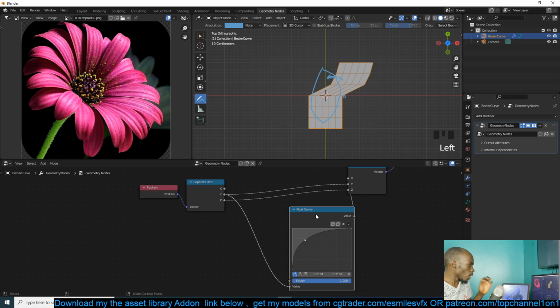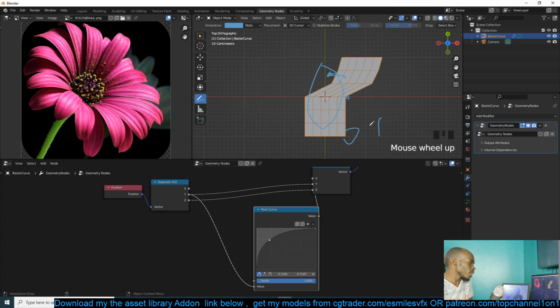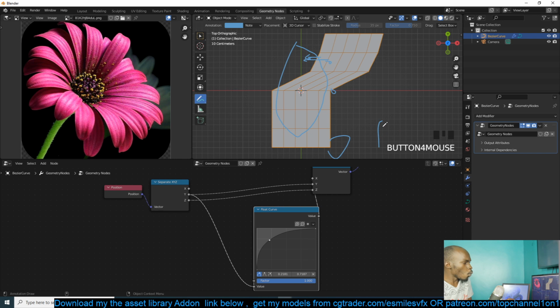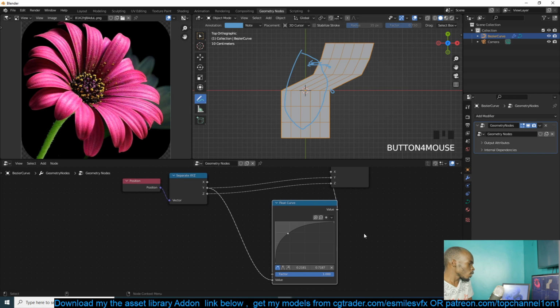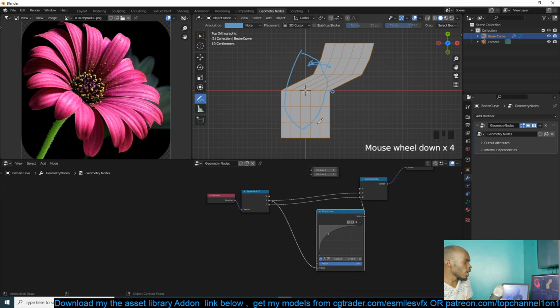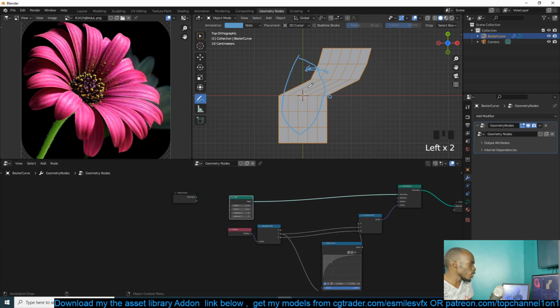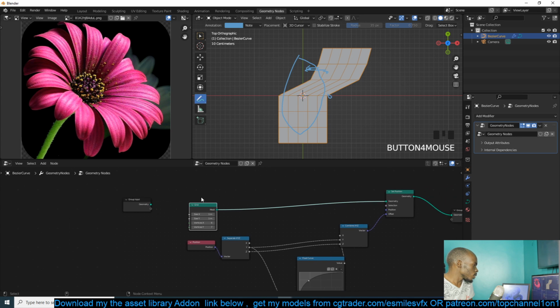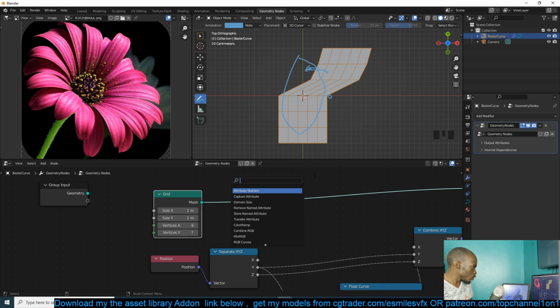One thing I will have to mention about the float curve is that it works in a range of 0 to 1. So anything below 0, which are negative values, is not going to be affected by this, and anything above 1 is not going to be affected by this. So to make sure that everything is affected, I'm going to first offset the grid so that we don't have any negative values. And to do that, I'm just going to grab a set position